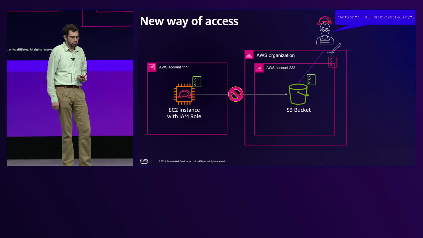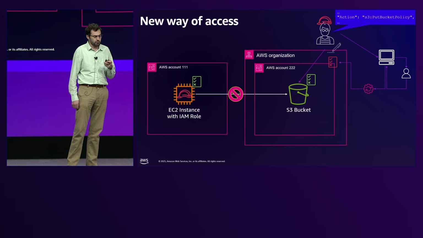But in the new world, where we've deployed some sort of restrictive resource control policy on top of account 2, when that authorized developer adds a bucket policy to S3, that access is no longer allowed. So what do we do? In order to support this in a scalable way, we implemented a self-service process wherein developers